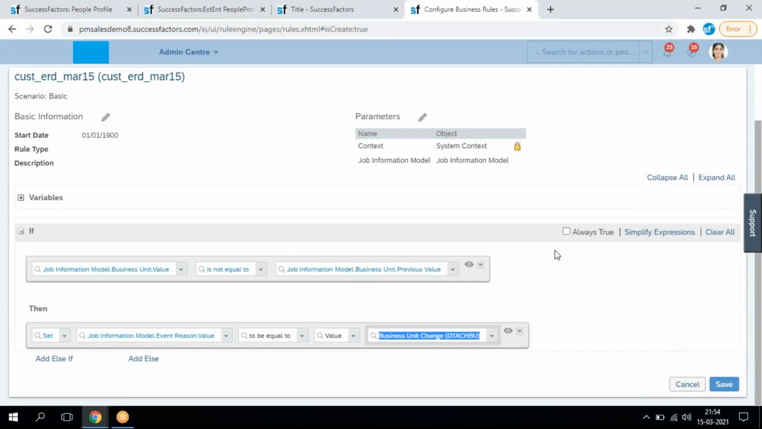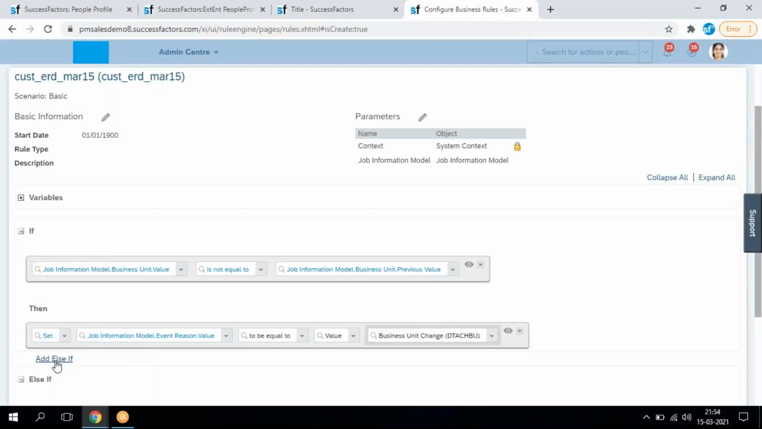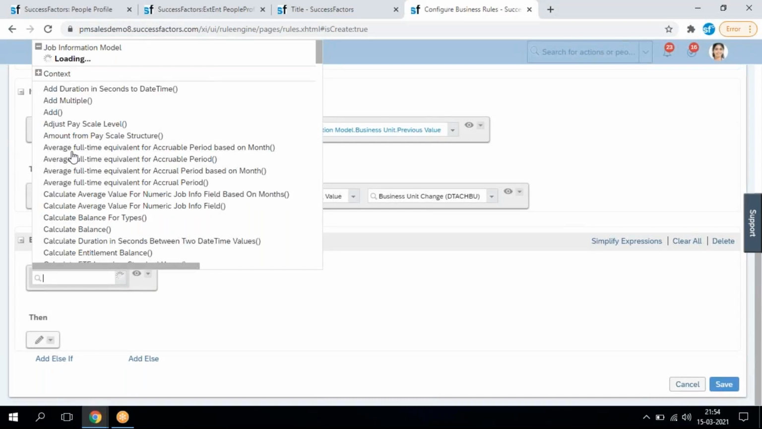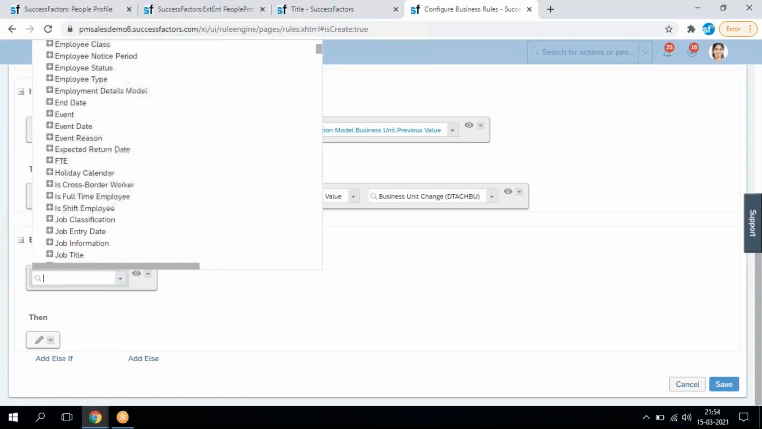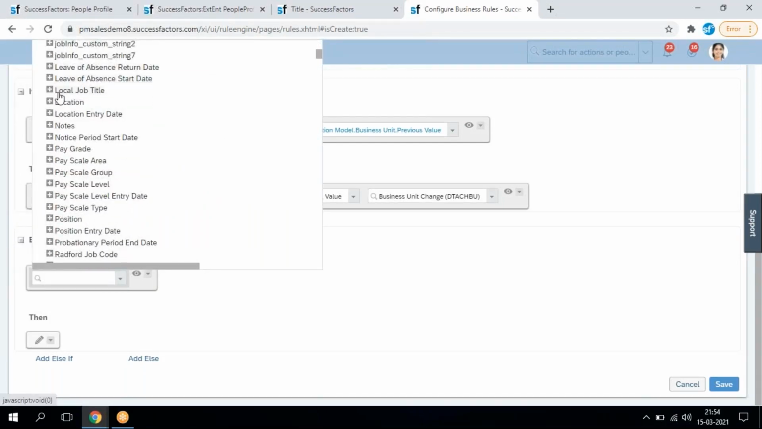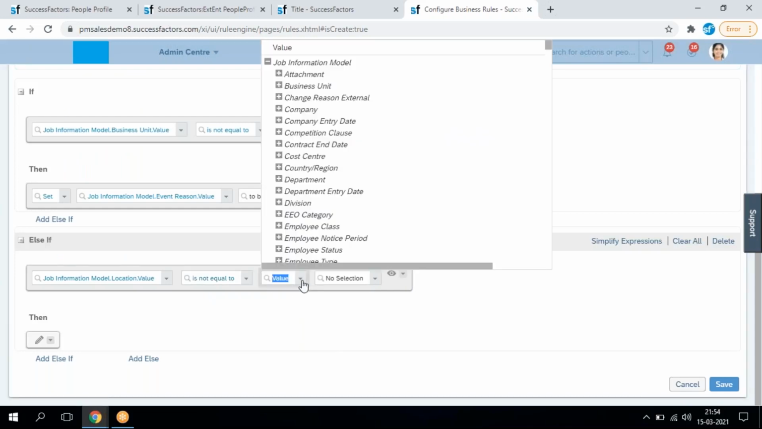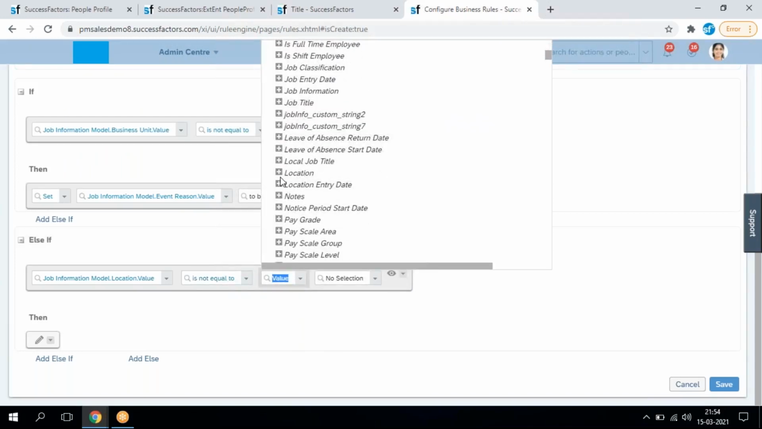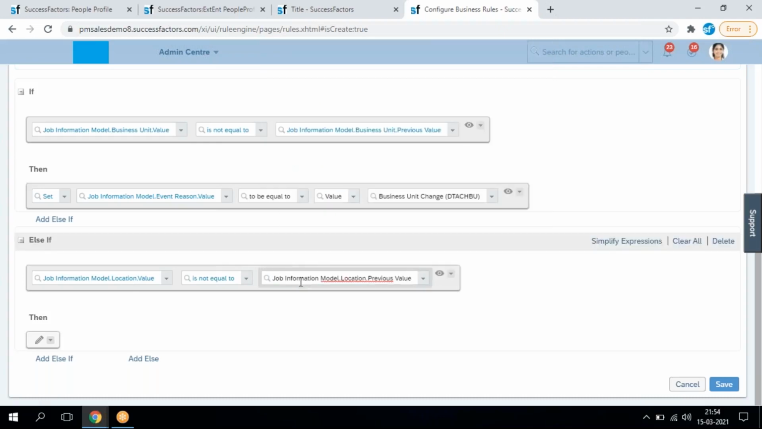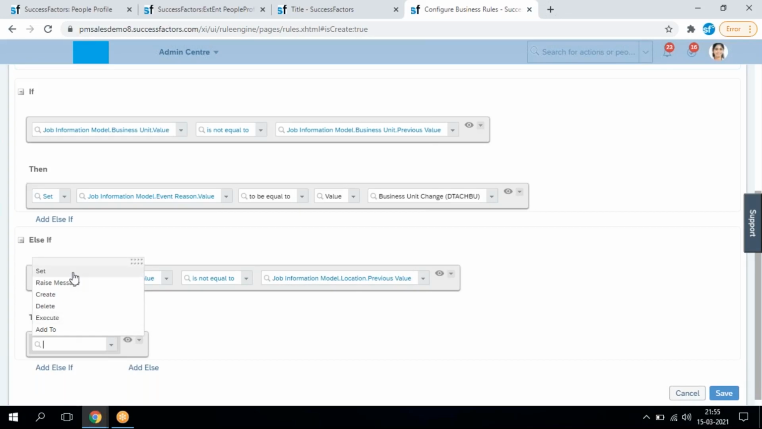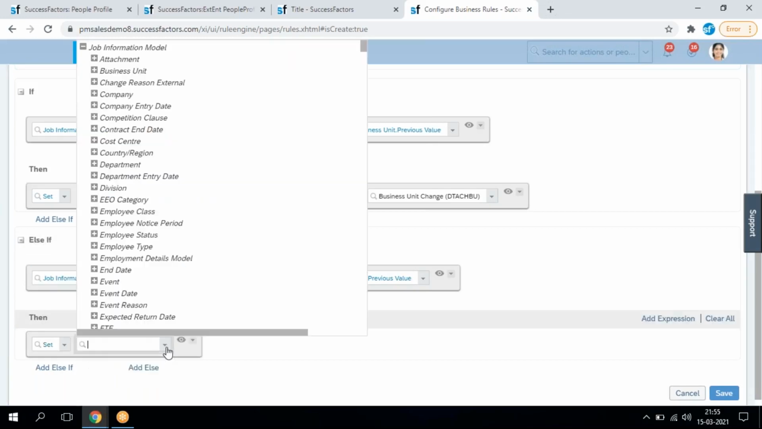But if the business unit did not change, one more expression you want to add: else if. First condition failed, business unit did not change. If employee location changed, here all the fields are alphabetically sorted. So location dot value, if it is not equal to location dot previous value, that means employee location got changed. Then set the event reason. In this, all the fields are alphabetically sorted,